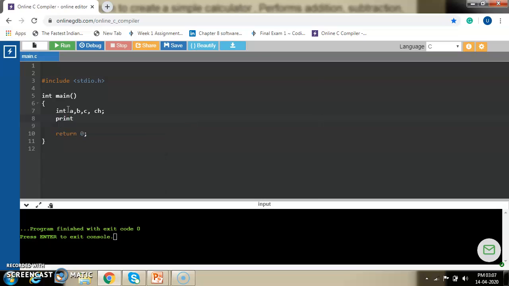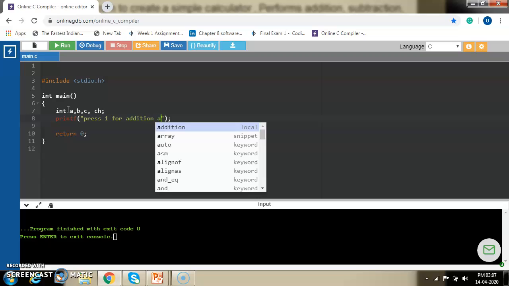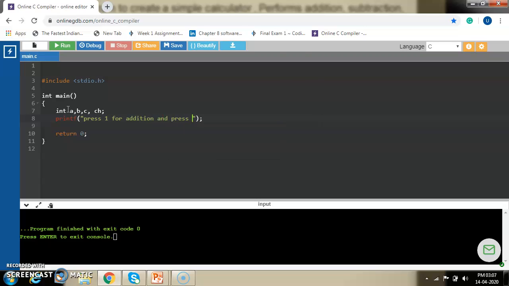So first we provide a complete menu like: press 1 for addition and press 2 for subtraction. Say I want to write a program that provides only two choices, addition and subtraction. You can write more than two.